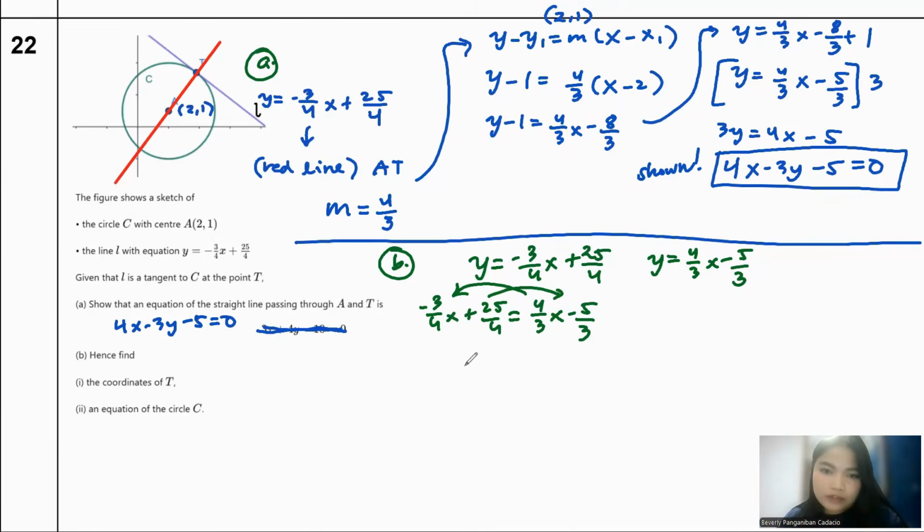So I'm not going to show it anymore, but you know that when I put the 4/3 on the other side, it will become negative 4/3. So it will become negative 3/4 minus 4/3, and that will be a total of negative 25x/12. And then negative 5/3 on the other side will just be as is, negative 5/3, but it will be having negative 25/4 in the other side, and that will be a total of negative 95/12. Please check.